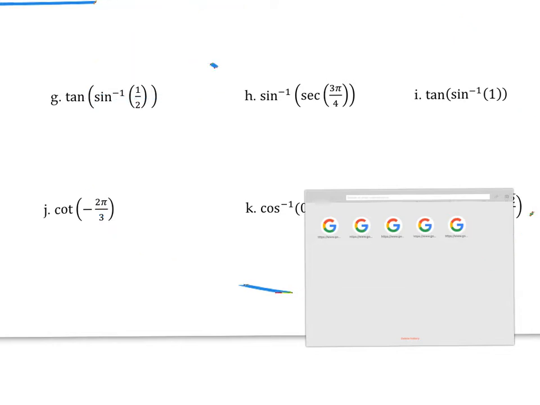If we look at letter I, when is sine 1? So sine is 1 when y is 1, and that's at pi over 2. So pi over 2 is y over x, so that's 1 over 0. That's undefined. So now if I keep going,